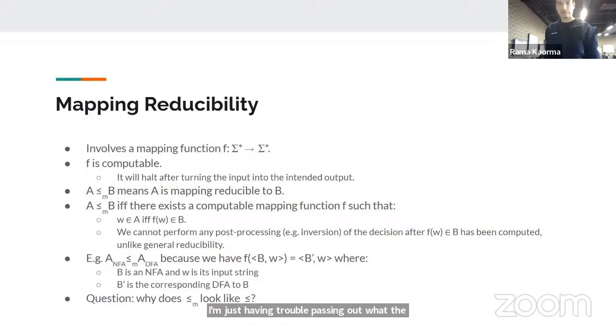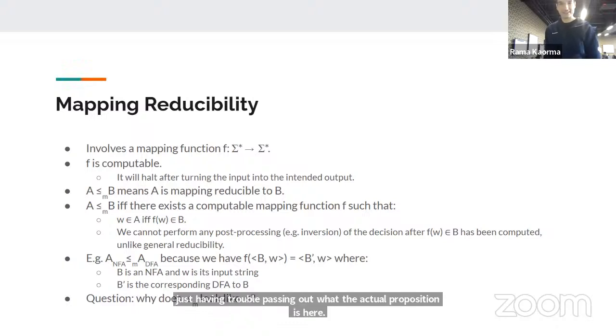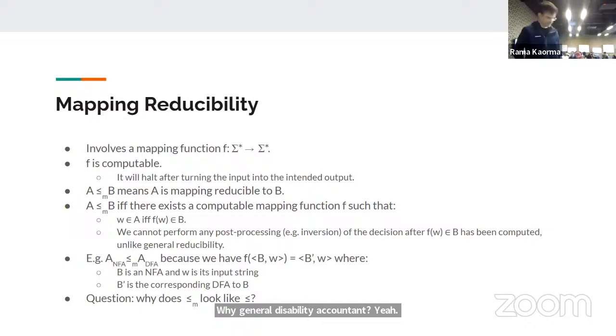Why general reducibility cannot? Yeah. I don't quite follow the question. Okay. Yeah. So I need that's what